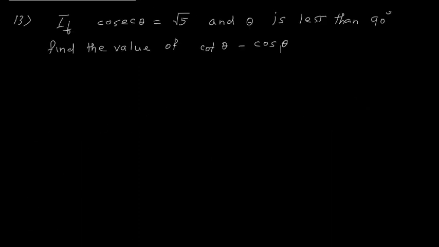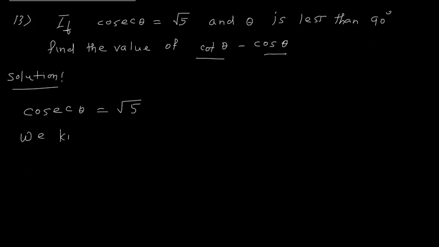Now let us see the next question. The problem is, if cosec theta is root 5 and theta is less than 90 degree, find the value of cot theta minus cos theta. Cosec theta is given root 5. Now tell me the identity which involves cosec theta. It is 1 plus cot square theta. So I will say that we know that